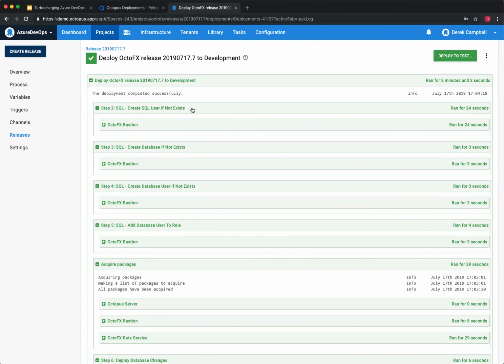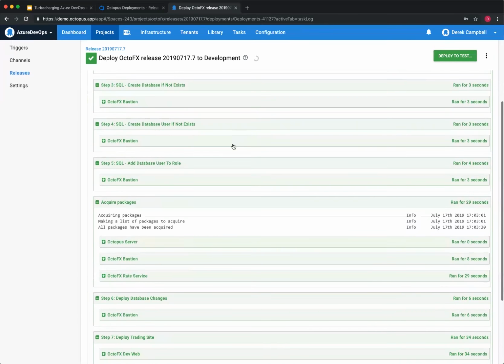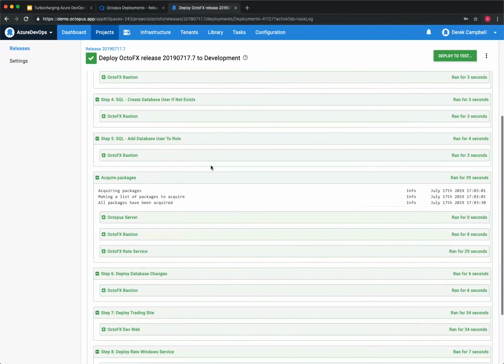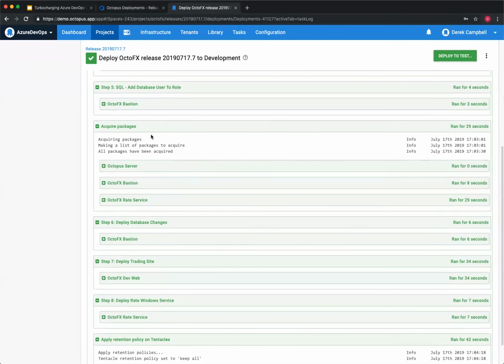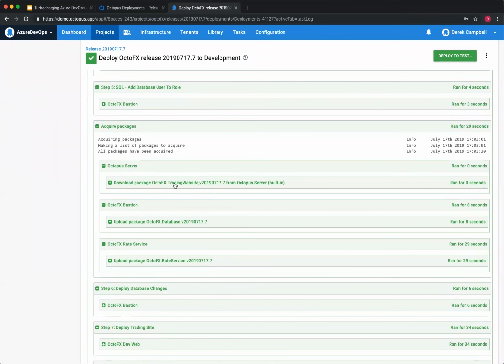It's created the SQL user if it doesn't exist. It's created a database if it doesn't exist. It creates a database user if it doesn't exist. And then it's added a database user to the role. Next up, it's acquired the packages. So as you can see, it's grabbing each of the packages, which in this instance is the OctoFX trading website,